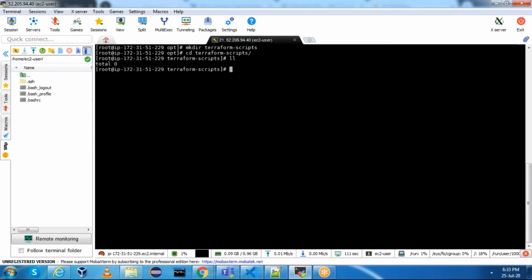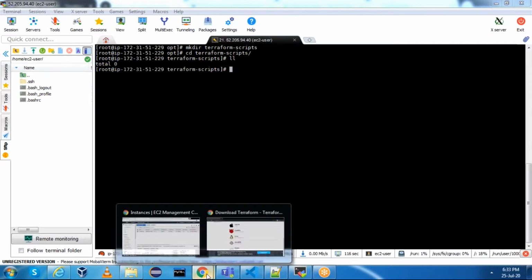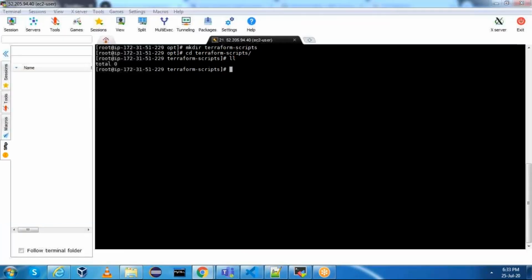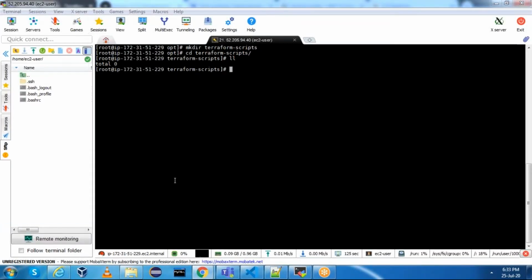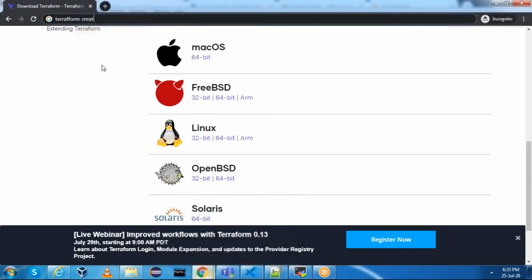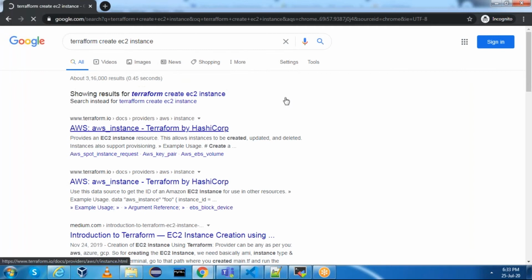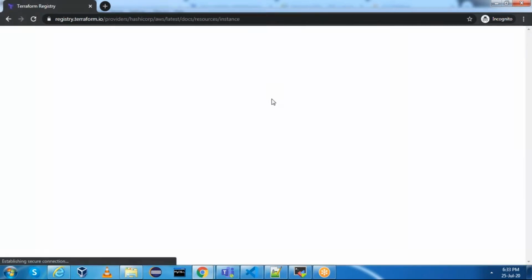Here we need to write our Terraform script to create an EC2 instance. For that, we'll just refer to the Terraform documentation. Search for Terraform create EC2 instance. We'll have so many resources.